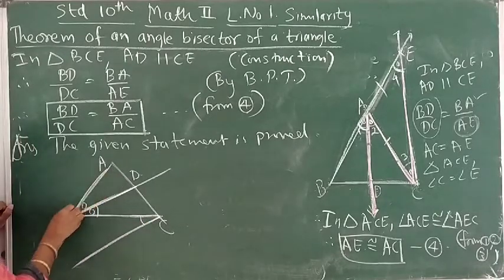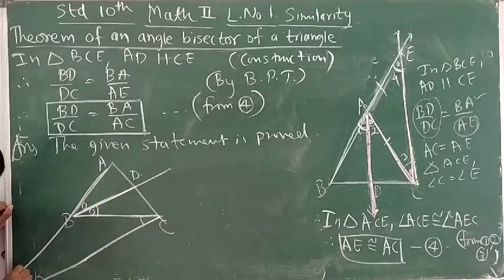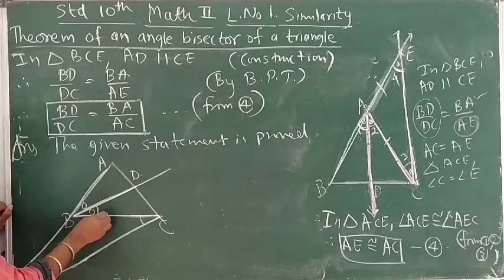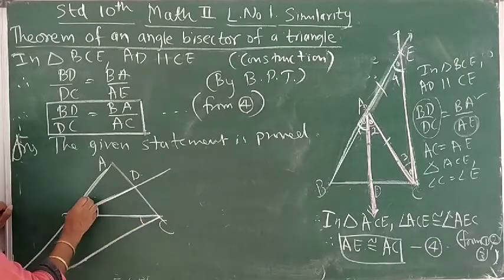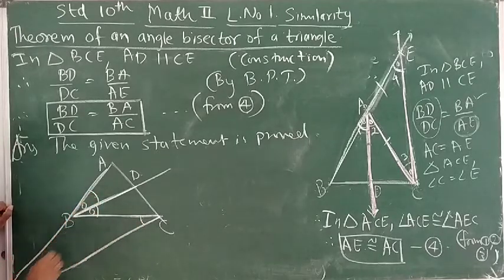And then you need to extend this side. Wherever it will intersect here, that point can be your E point. Now these two are congruent, these two are congruent. These are alternate and corresponding. You can get it corresponding here. So this can be your 1, 2, 3 and 4. And in that way you can do.